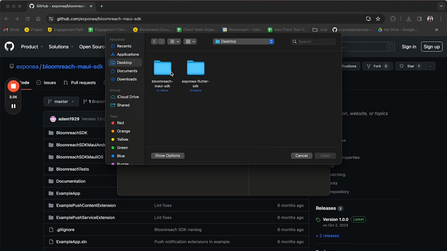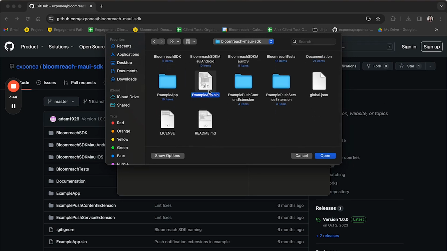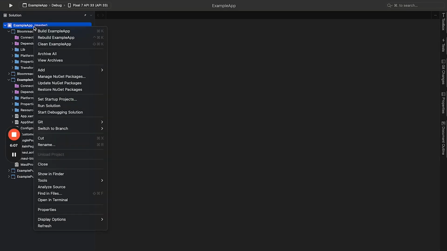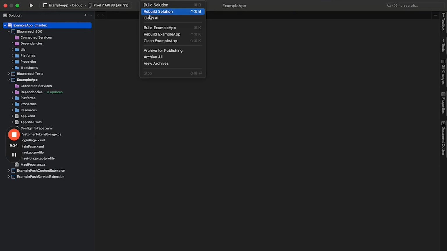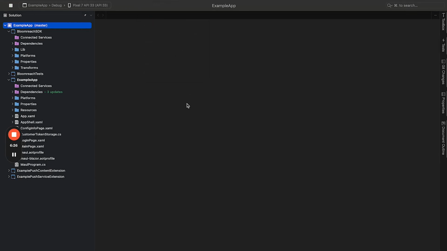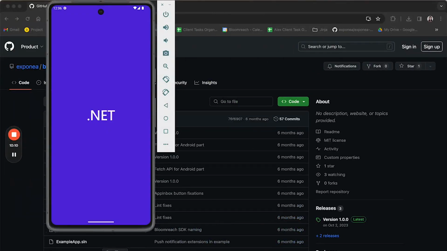Then, open the Visual Studio. Navigate to the MAUI SDK folder and choose the example app solution file. When the loading is finished, right-click on the example app root and select Restore NuGet Packages. After this is done, select Build and Clean All from Visual Studio menu options. At this point, you can connect your mobile phone and run the application on it directly. Alternatively, you can use an Android emulator. By selecting the Android device and pressing the Run button, you can start the Bloomreach MAUI SDK Android application on